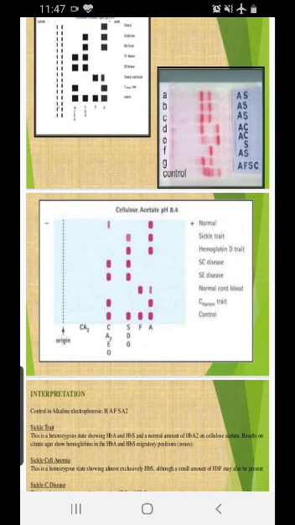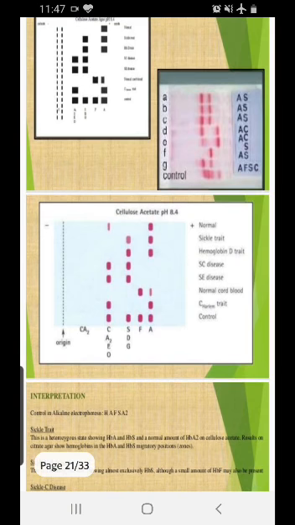Now let's interpret this chart. You see the first one is migrating, and the majority, 95%, is HbA, and a very small amount is HbA2. So this is normal. A normal patient will behave like this, because HbA is 95% and HbA2 is around 2 to 3%. The next one has HbA as the majority, but you are able to see a band in sickle cell. If HbA and sickle are present, then obviously you are dealing with a sickle cell trait.